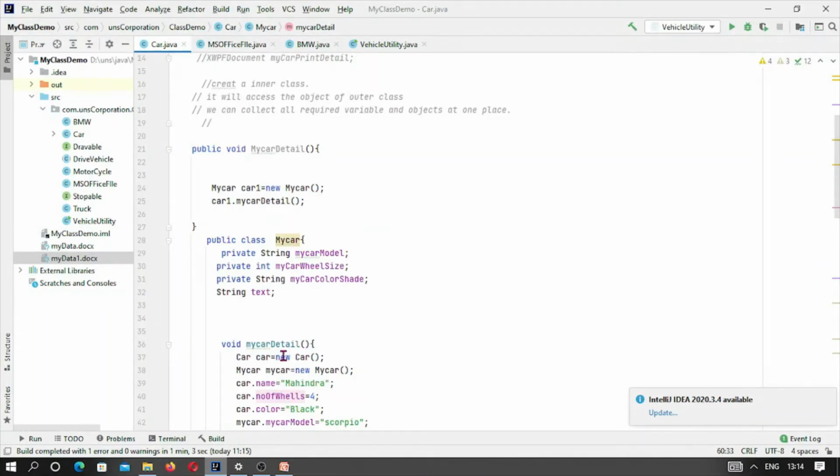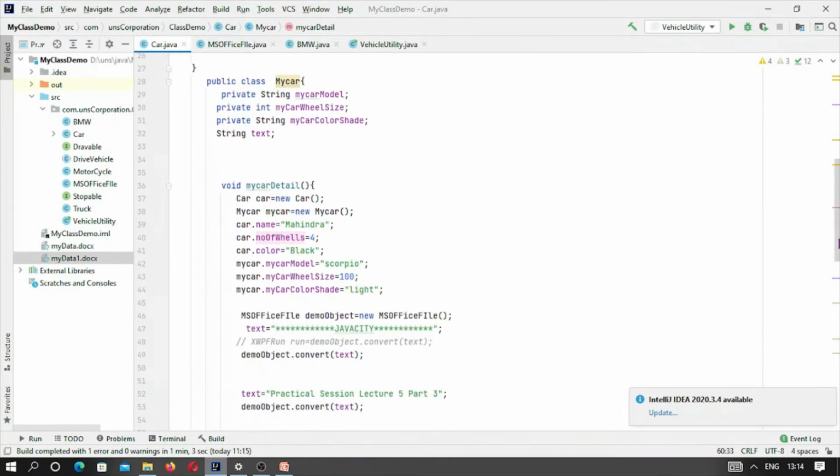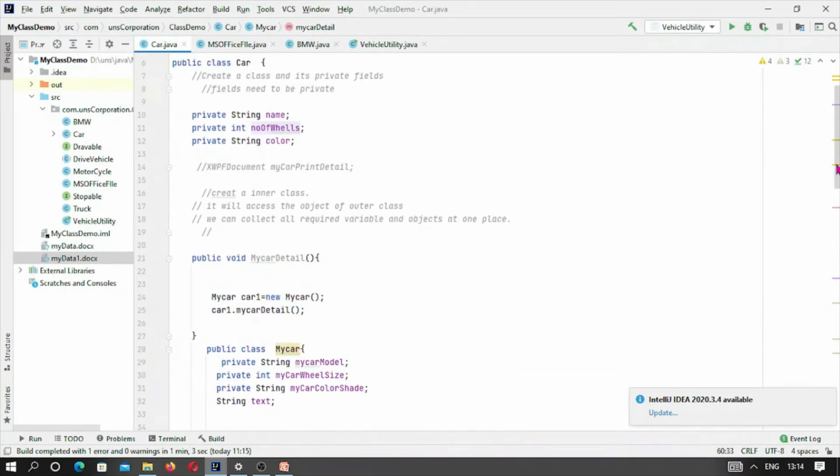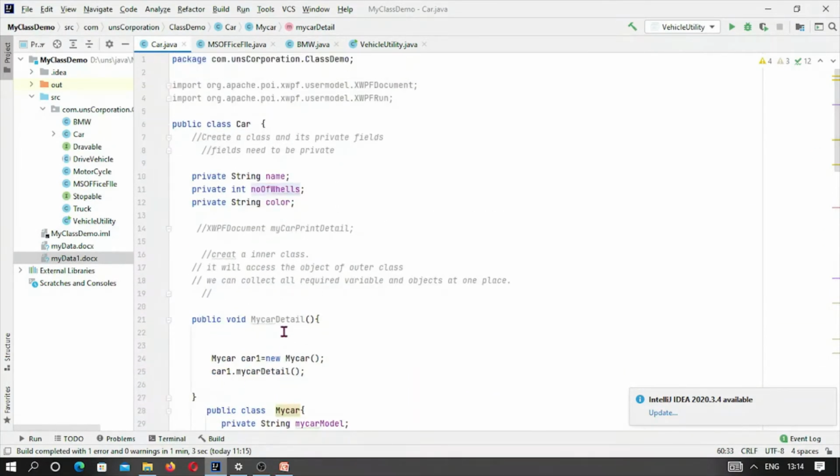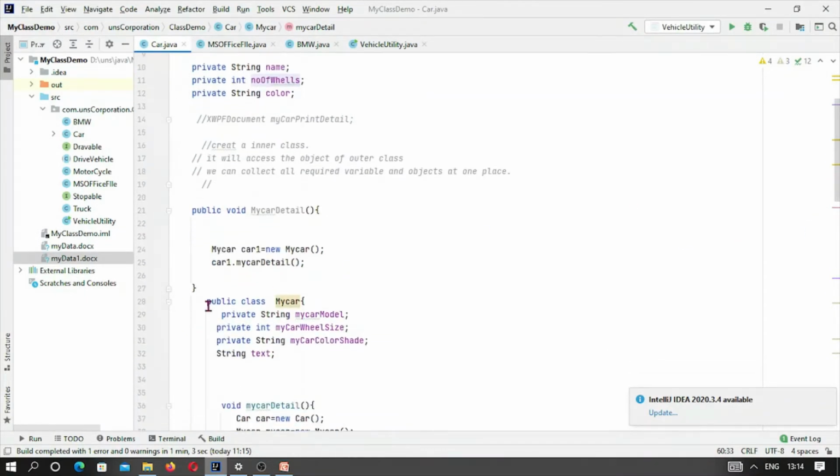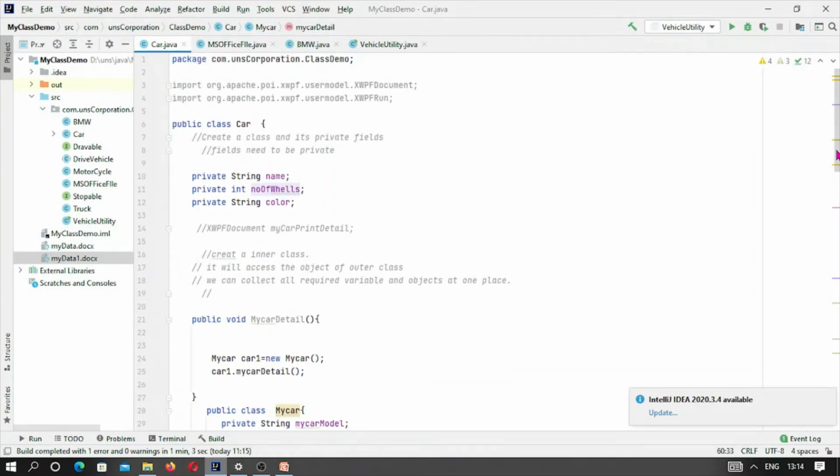So we are simply calling this method, and it will call all the methods, and from here it will print out all the things. Later we will restrict this method, make it private, and try to reach it from the outer world through this outer class method.